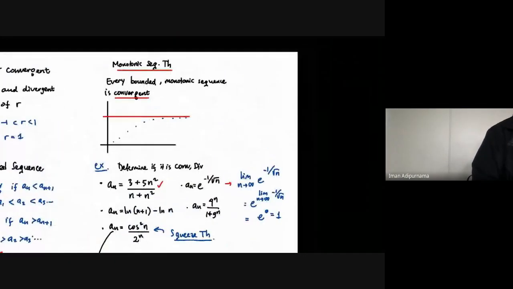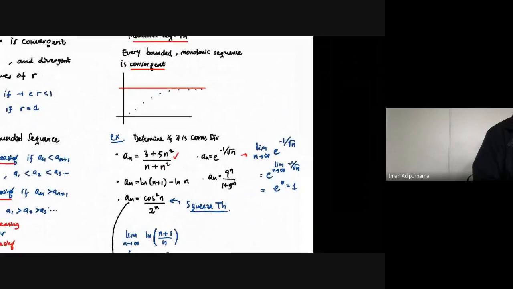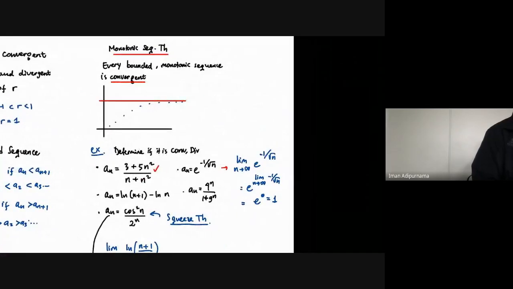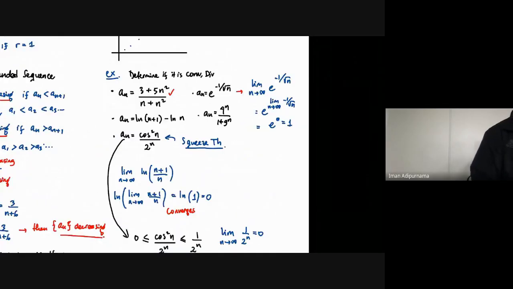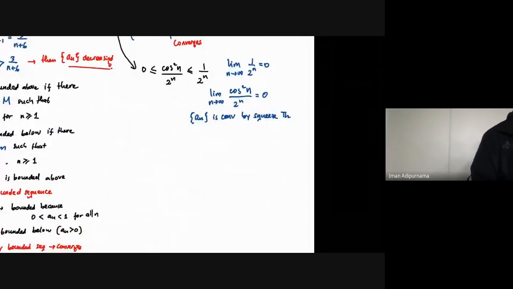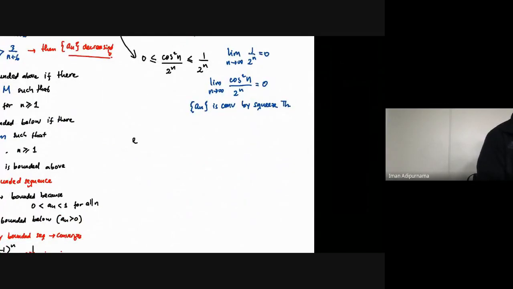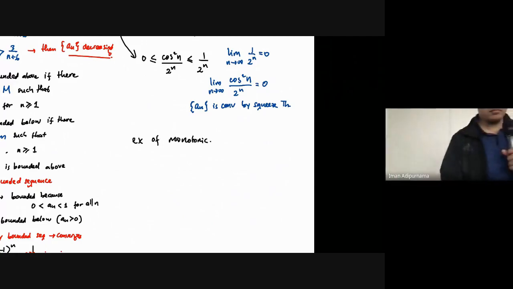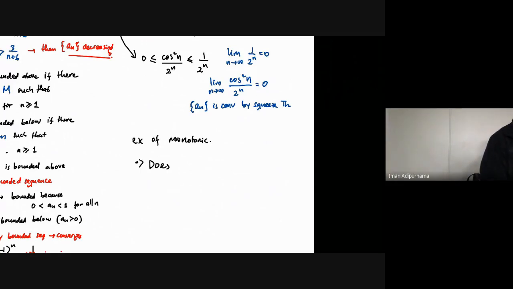Okay, before we go into 11.2, maybe I should give you an example for the monotonic sequence. I forgot to give you an example. Example of monotonic: the question is, does a_n equal 3 to the power of n over n factorial